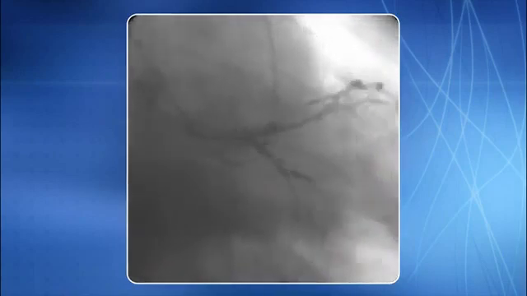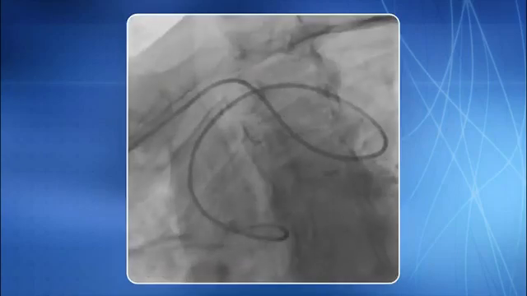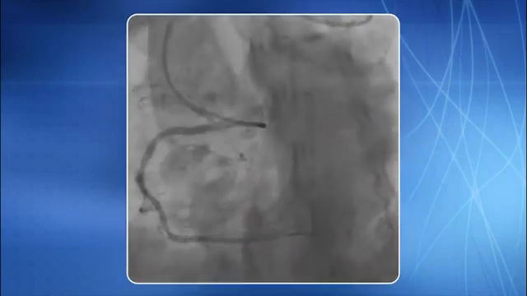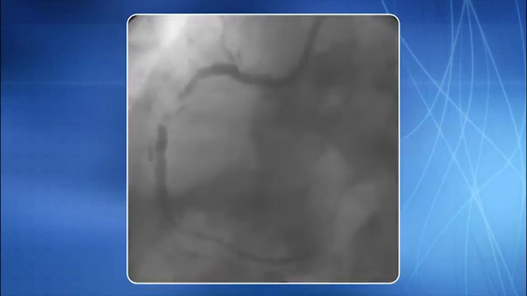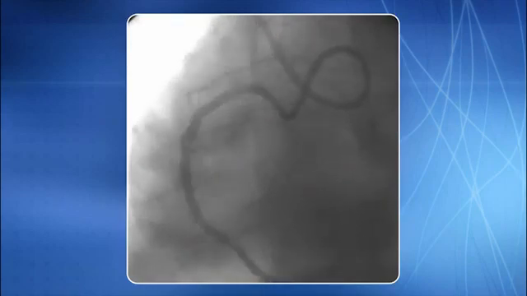Here is an example of left coronary cannulation in an arteria lusoria situation. Although the loop looks very complex and bizarre, it is easy to cannulate once you know the proper technique. This is an example of RCA cannulation while working through arteria lusoria. This is an example of RCA intervention while working through arteria lusoria. Note the cobra loop of the catheter. Stent implantation is now in progress. The procedure is completed with a satisfactory end result.